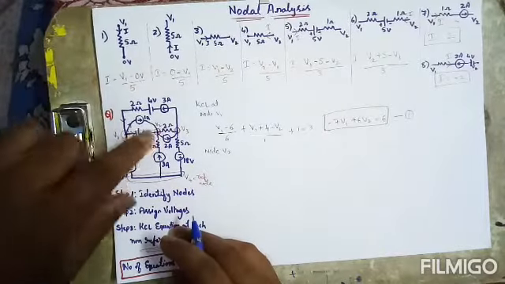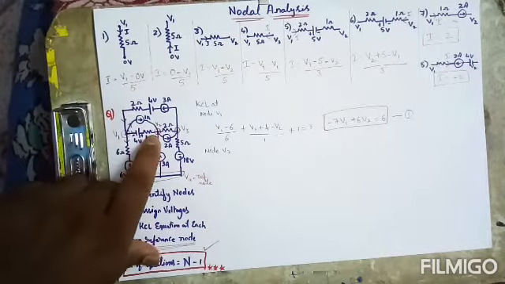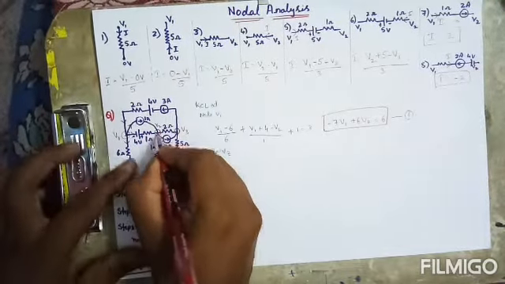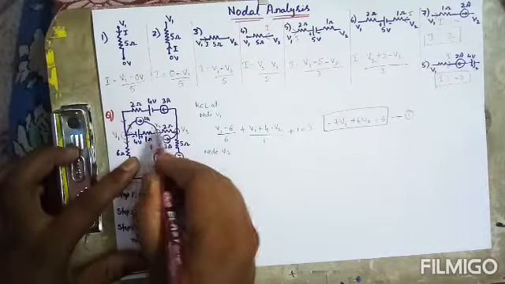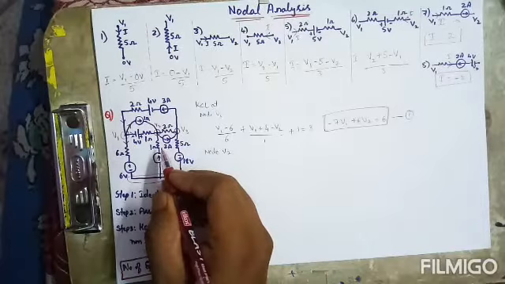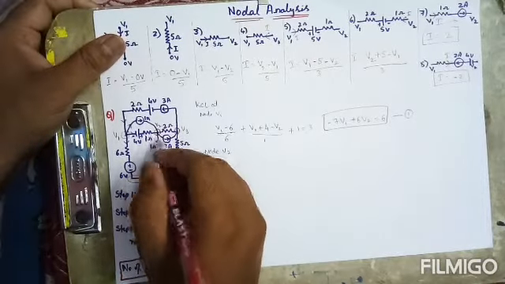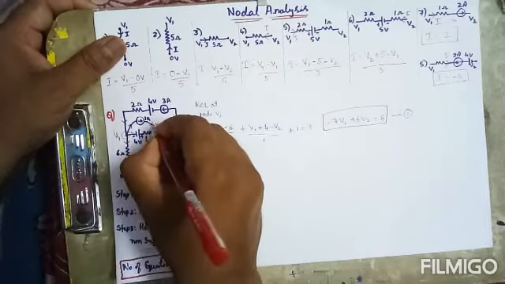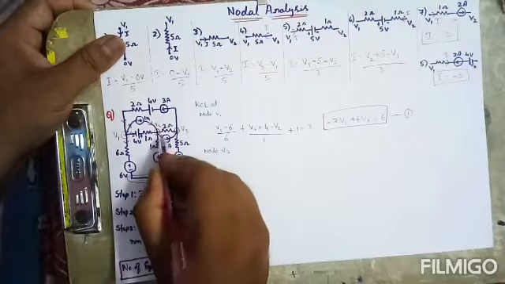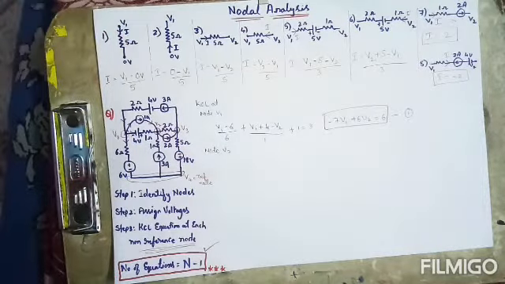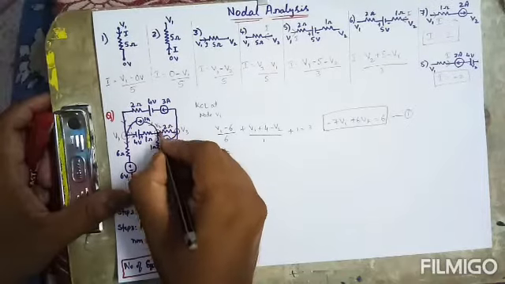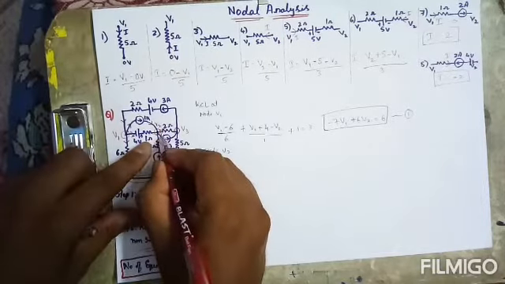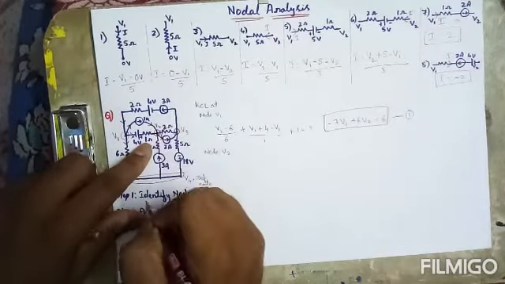So this is V2. Here you need to decide the directions first. So this is the branch. For this node 2, we have 1, 2, 3, 4, 5, so we have 5 branches connected to this particular node. So write the directions of each branch. Here the current source is moving towards V2, so the direction will be like this. It's incoming to the node. And here I don't have any directions, so I can assume it as outgoing. That will be the better option. So write it as outgoing, and this is again outgoing, so this will be the outgoing direction, right?